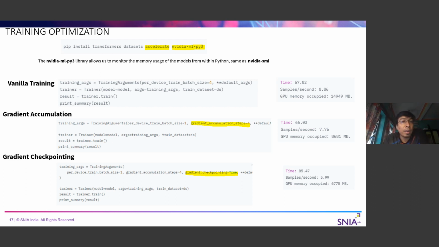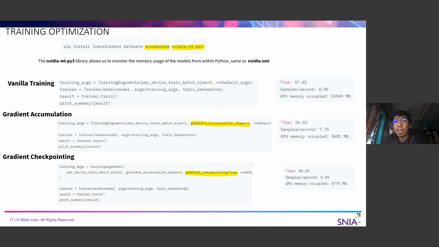Now, if we take some other parameter, for example, gradient accumulation. What is gradient accumulation? The underlying neural network is working, so there will be backpropagation going on, and these parameters will be changed based on the gradients. Rather than doing that change after every iteration, we will wait for a few steps. For example, here the gradient accumulation step is 4.